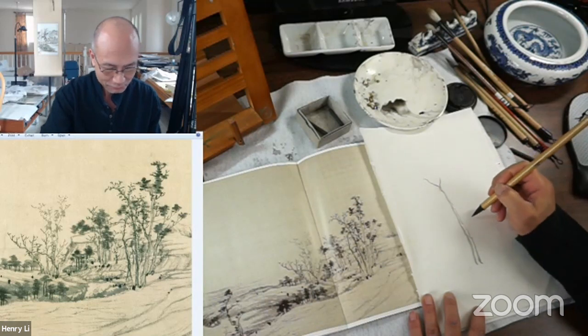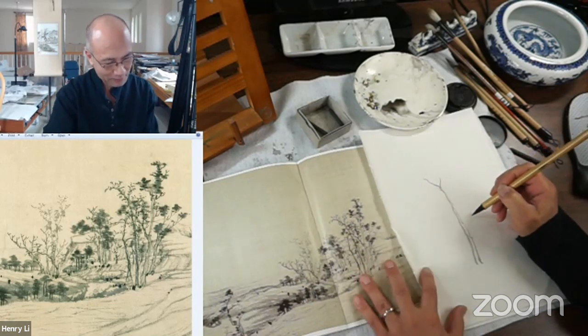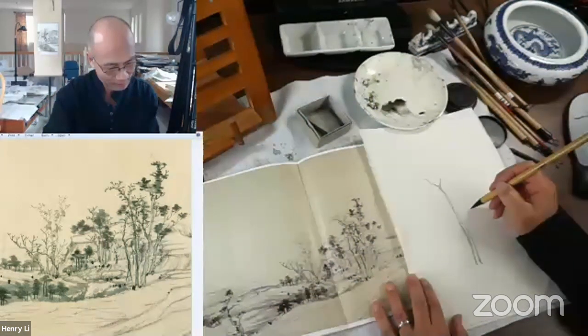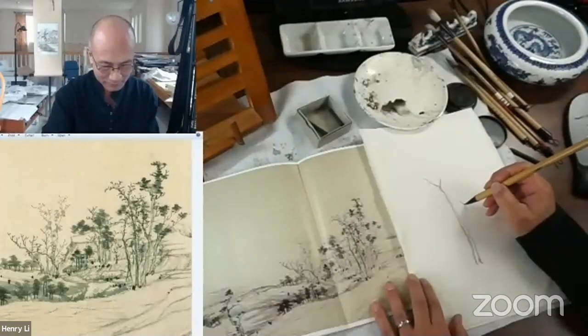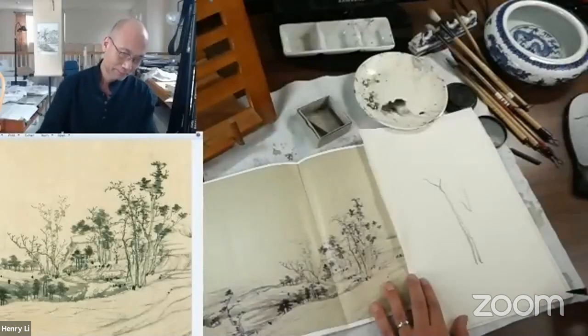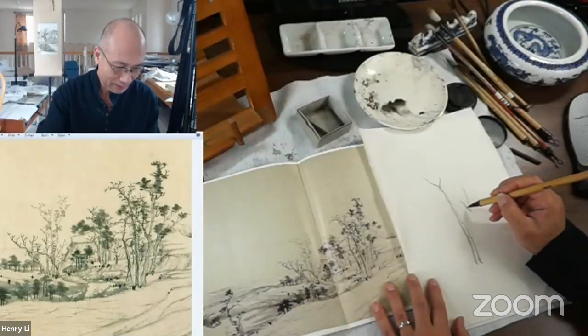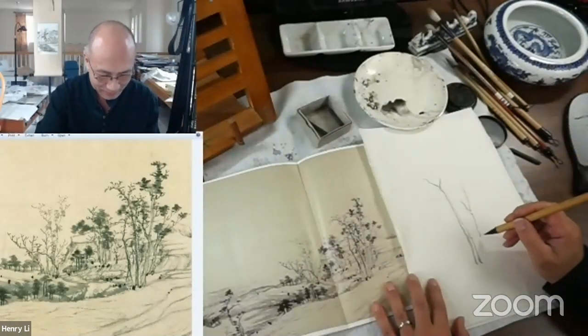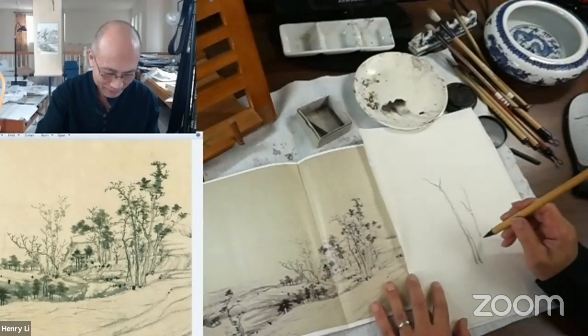Okay, where's the split? It's about half of the first tree here. Okay, so I'll draw another split like that, and then I continue on the left side. Look at the picture. It's not a straight line like the Song Academy